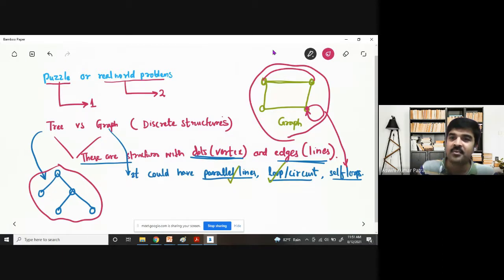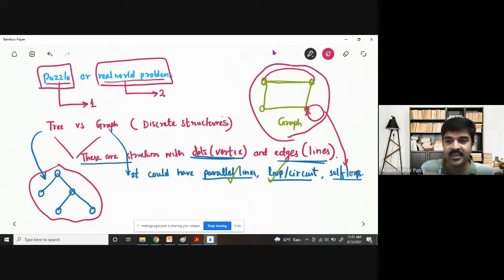Now we'll try to solve this by looking at some puzzles and some real world problems. My idea is clear. So again, let me tell you three things. First, we try to focus on popular discrete structures, tree and graph. Second, how to present them to students by using a puzzle way or by giving some games. Puzzles and games could be pronounced synonymously, both having a similar flavor. Or we can pose a real world problem so that students will get interested in that.